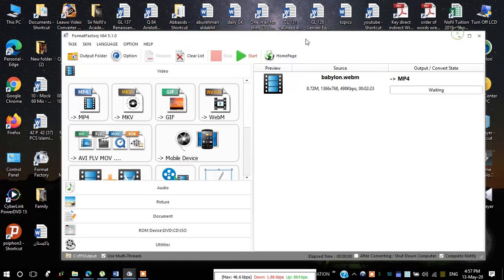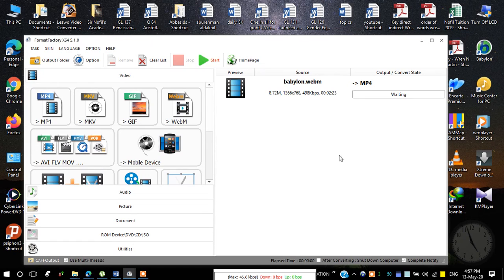Now you can see that this video now comes in this way, and just now you have to start here. Now you can see that the process has been started. Now it is up to your laptop and your processor, how strong your processor is and how lengthy the video is. Ultimately this video will convert, and the format will not be changed. The format will remain in MP4 format.